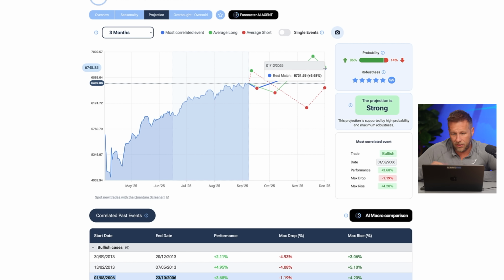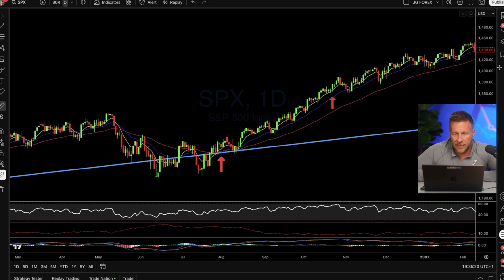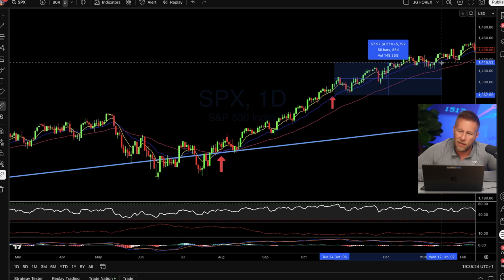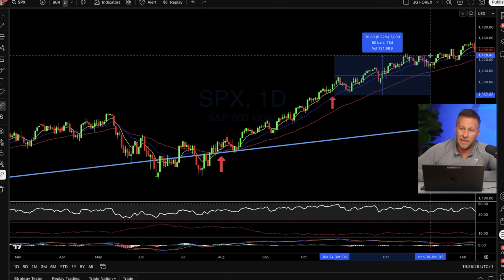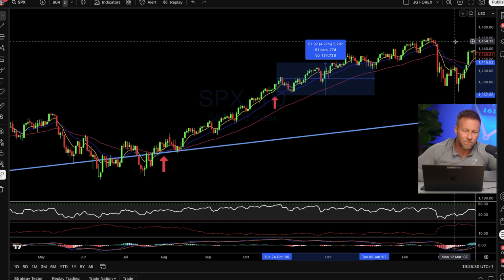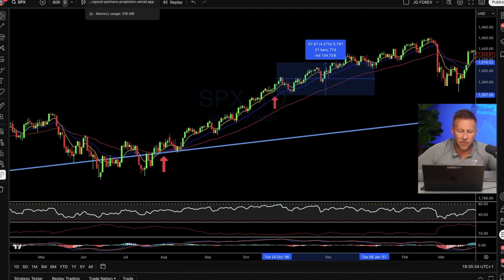with X return, right? So 3.68%, max rise 4.2%. So you've got all of those statistics here. So if we go and compare that now to what happened next, you can see we had that little dip down and then a 3 month, so what is it? October, November, December. We had a 3 month bull run, and then we had another 3-month bull run before we took that dip down. All right. Pretty cool. That is actually insane that you're able to do that.